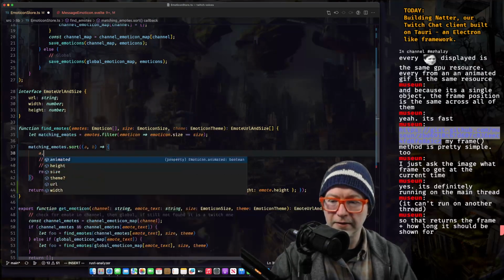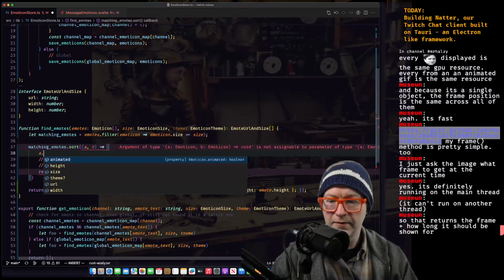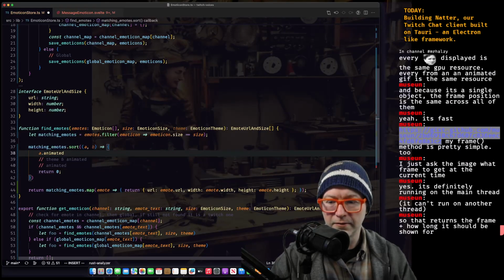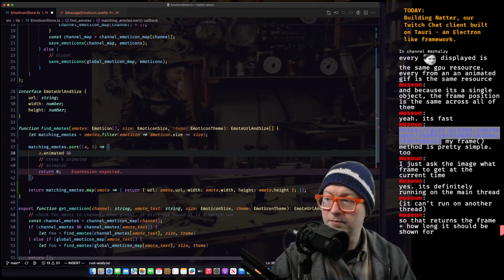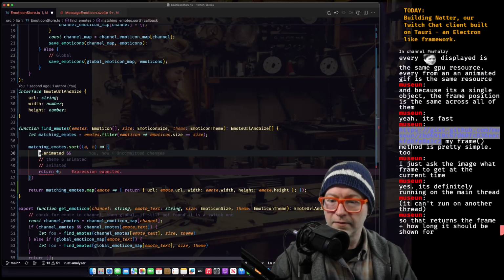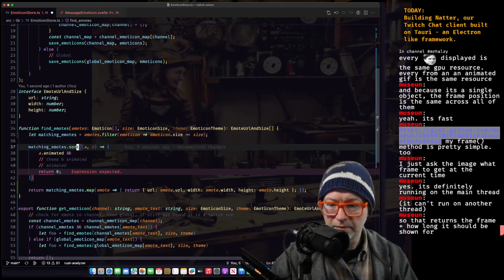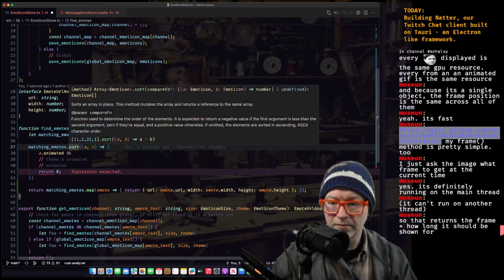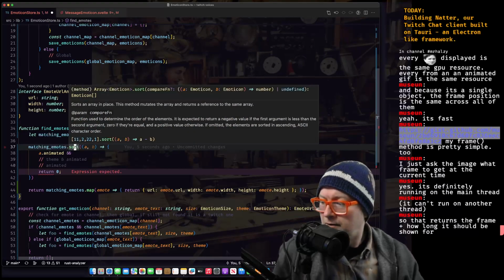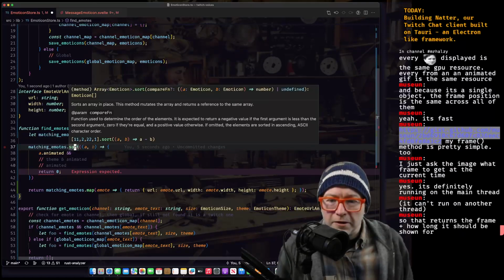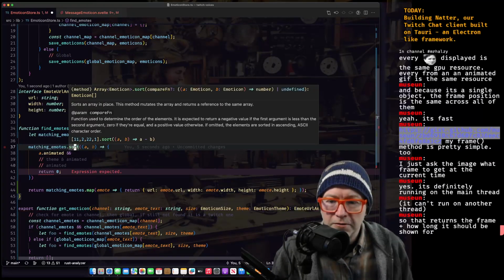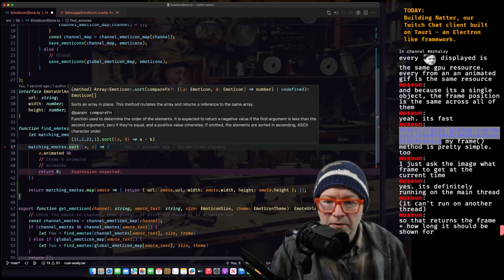So if a dot animated, and there's an array in place. Function used to determine the order of the elements. It's just like sort from.